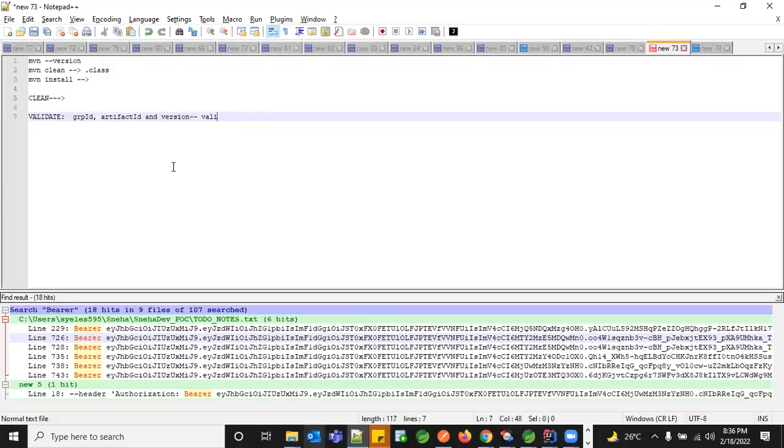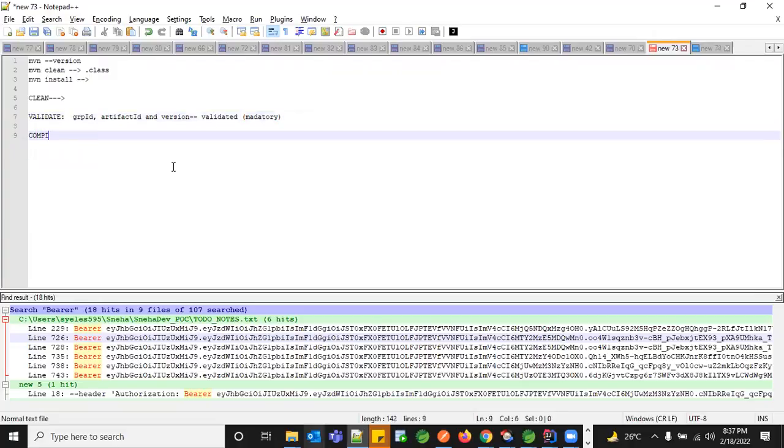These things have to be validated first. This is mandatory information, and only if it is available, the validate would actually work. Next, the compile is nothing but all your Java classes being compiled into your .class files.